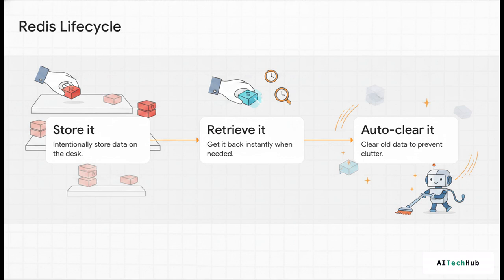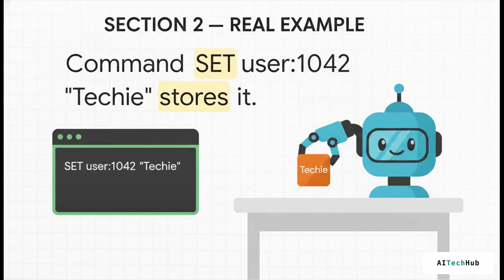This highlights a much broader architectural philosophy. Caching is inherently ephemeral. You're managing state in a highly constrained environment because, well, RAM is expensive. Auto-clearing isn't just about deleting old stuff. It's about proactive memory management and establishing strict eviction policies so your application never crashes from running out of memory. Let's look at how this builds using the actual commands. To execute step 1, you just use the set command. By using the syntax set user-1042 techie, you are locking that string data directly into your in-memory storage, primed and